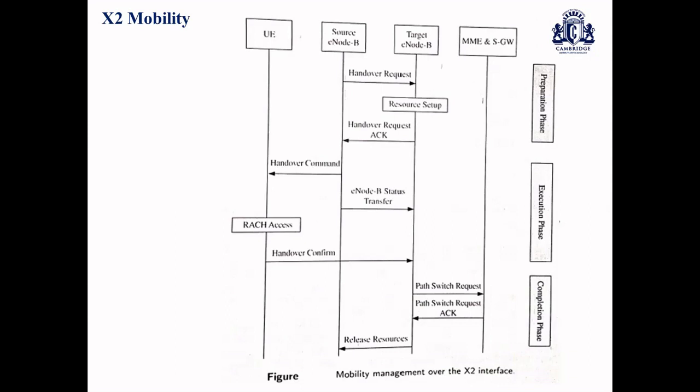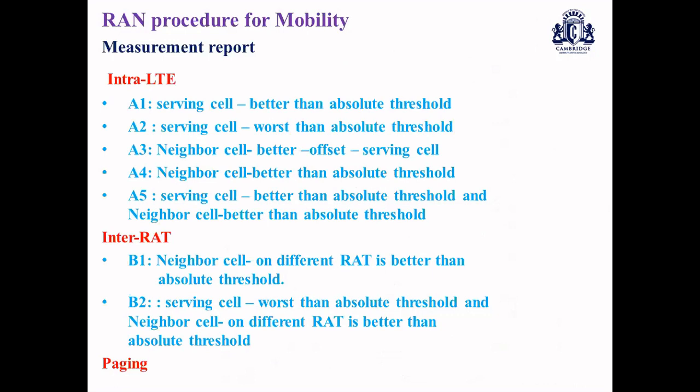So this is about the two means of mobility, S1 as well as X2 mobility management, over two different interfaces, the S1 interface as well as the X2 interface. So when we talk about the other procedures, RAN related procedures for your mobility, various mechanisms as well as signaling procedures, what we discussed with respect to various elements of LTE, we did not have discussions of what aspects of mobility happen within the RAN.